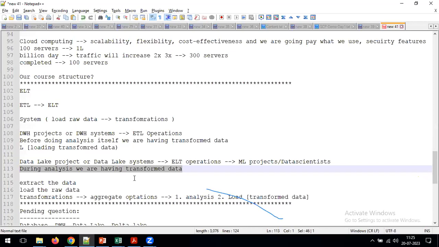But in another project, they want to generate the aggregate data, but they want to use the data only one time. If they want to use that data only one time, do we need to store that data? No need. It's not required, right? So that's the requirement. Depending on the type of requirement in the project, they will decide whether to go with the 2 storage layers or with the 1 storage layer.